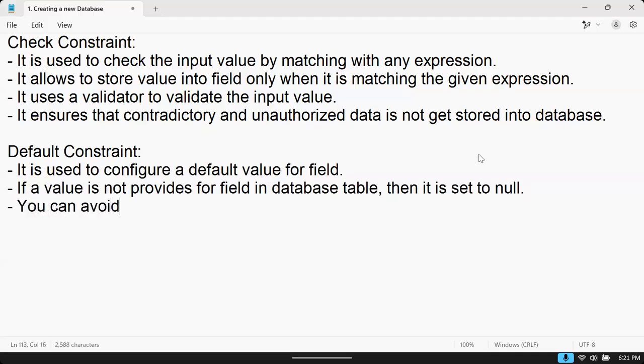You can avoid null and use a default value to store. So by using default constant,